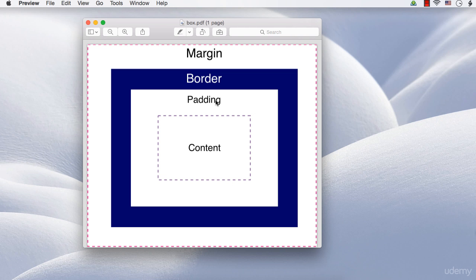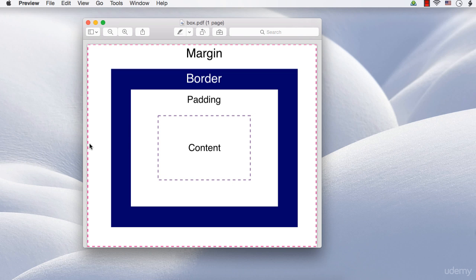So this is the core of our box, content, which will be having width and height. Then padding is the space between the border and the content. So the dimensions of the box will grow outwards if you set values for padding and border. And the margin is the space outside the border, which will decide the space between different elements. So as per the box model, the height and width of an element is decided by these many properties, that is, the height and width of the content area, padding, border and margin.